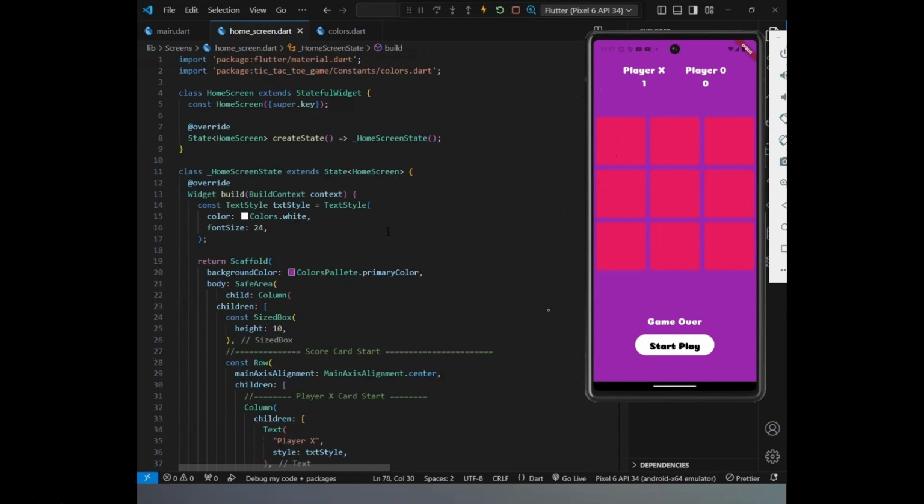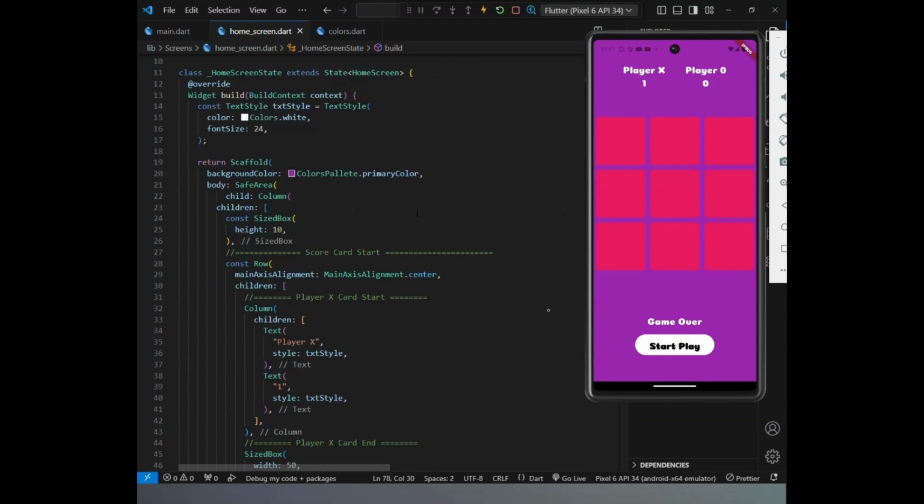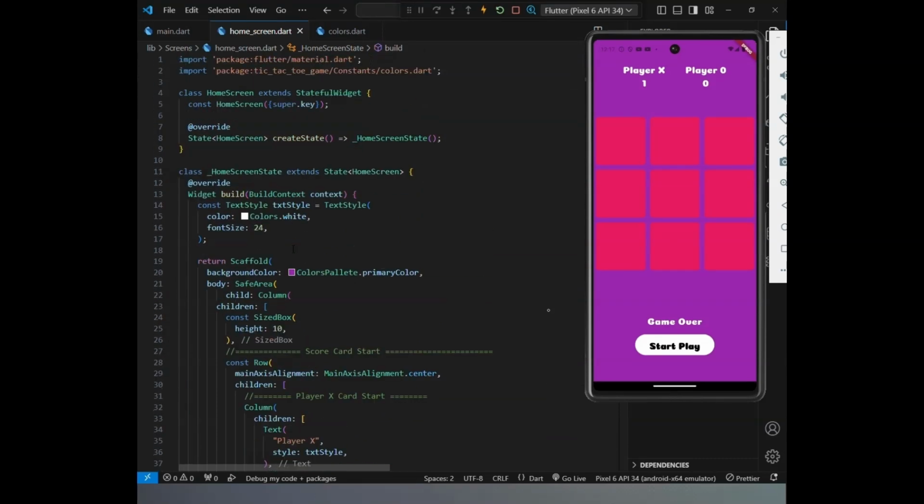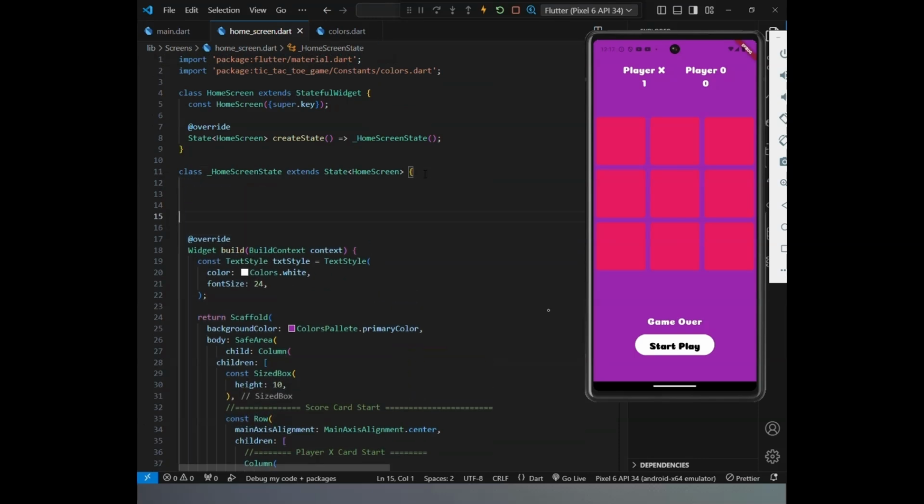Introduction to handling game turns in Flutter. In any game, especially two-player games like Tic Tac Toe, the concept of turns is crucial to the flow of the game. A turn is the interval of time during which a player can make a move. For Tic Tac Toe, these moves typically involve placing either an X or an O within a 3x3 grid. The core gameplay revolves around the alternation of turns between two players, ensuring fairness and keeping the game dynamic and